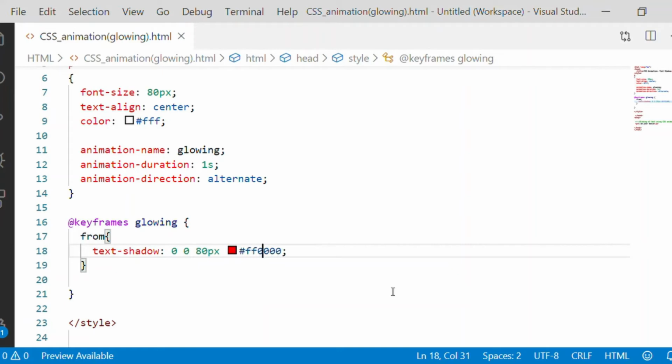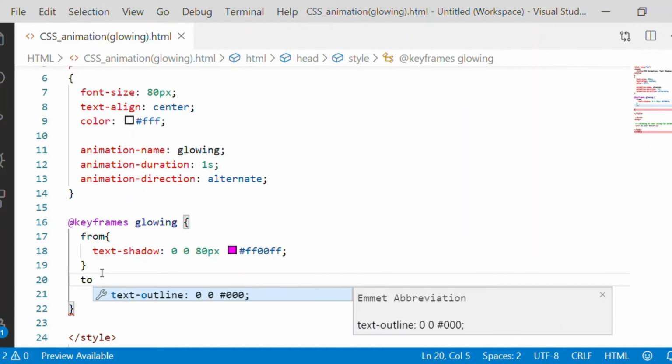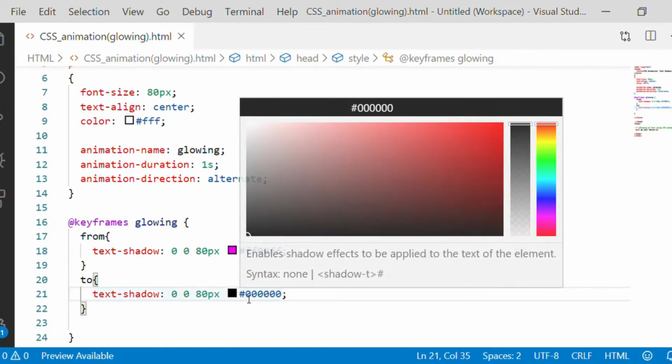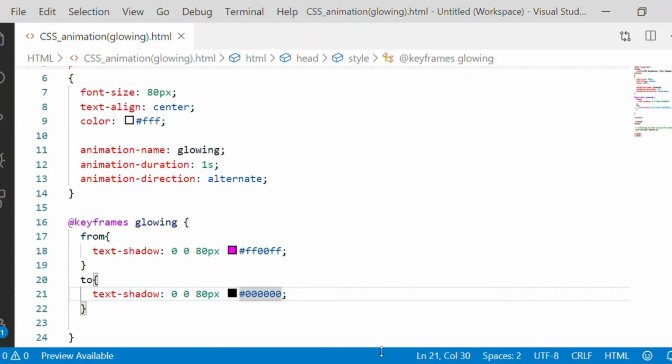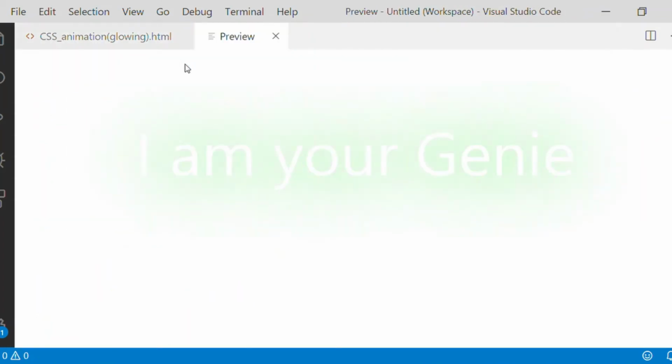Instead of black color, let me give a sort of pink shade to start with on the text shadow, and slowly the appearance has to change to a green effect. So these are two shiny colors so that we will have the glowing effect. Okay, now we are associating the animation to the text shadow appearance. We will see the full preview of this.